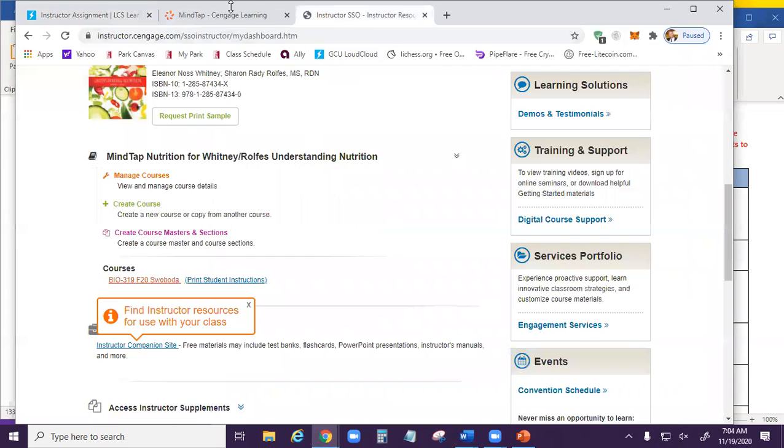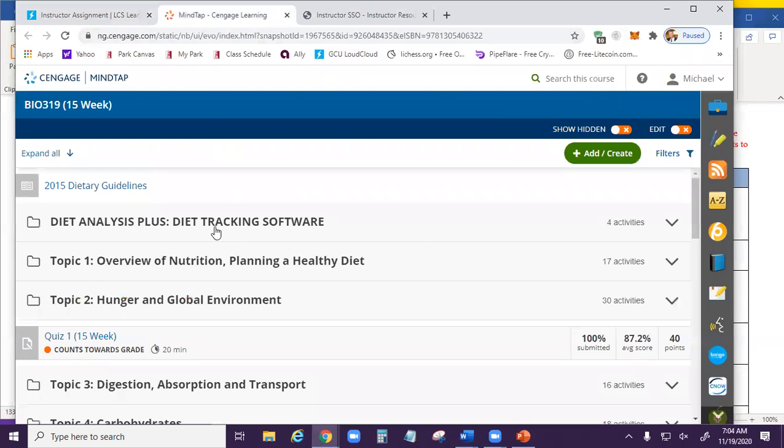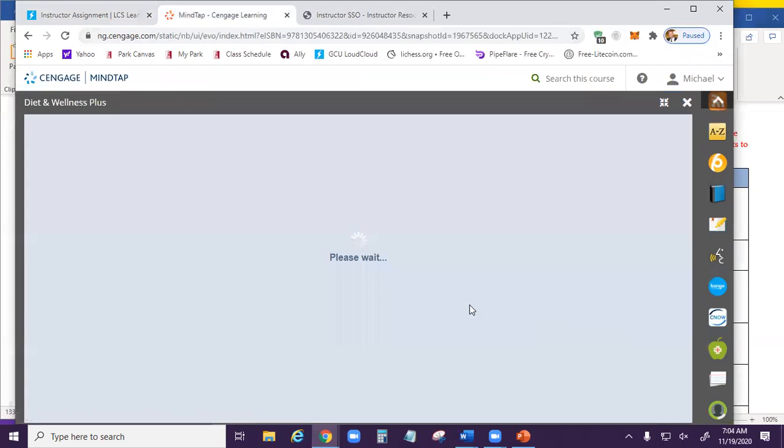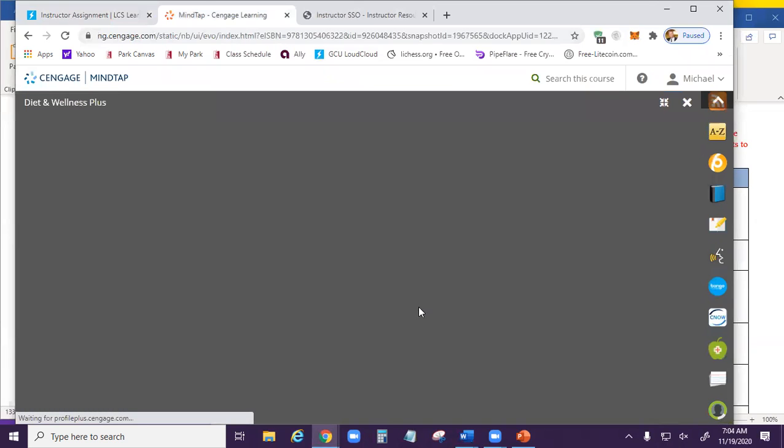What you do is you'll go to your MindTap page. On the sidebar here, scroll to the bottom until you see the apple. So Diet and Wellness Plus, click on that. It'll make you make a profile and whatnot if you haven't already.